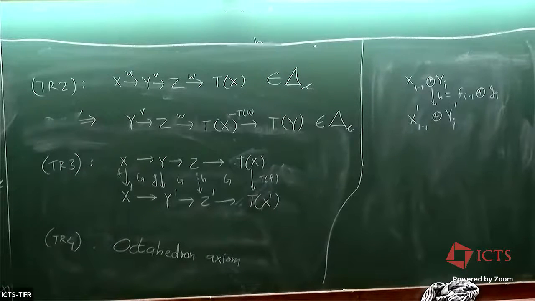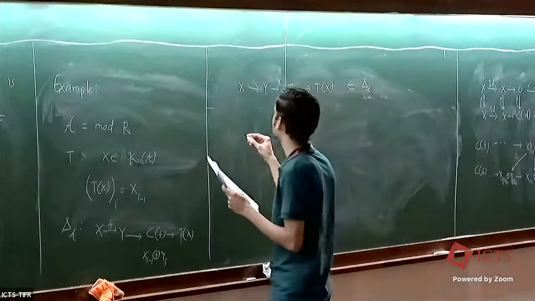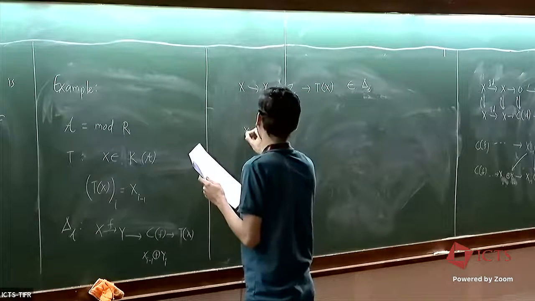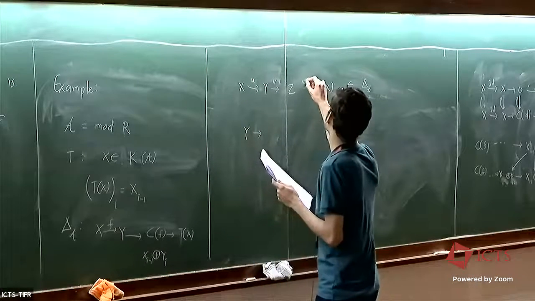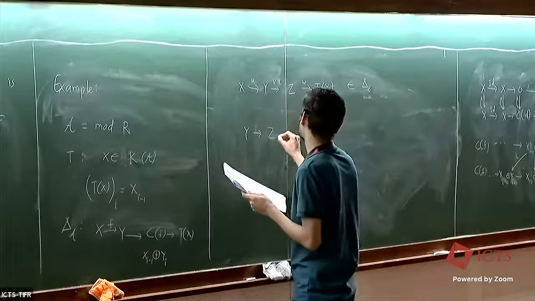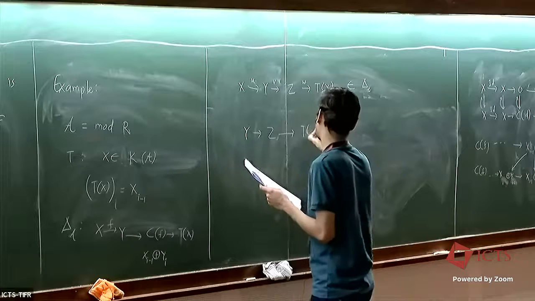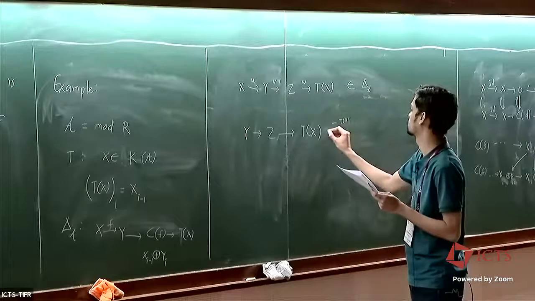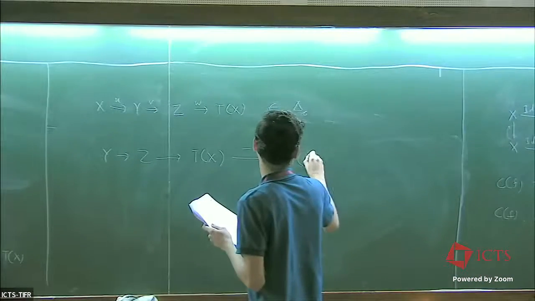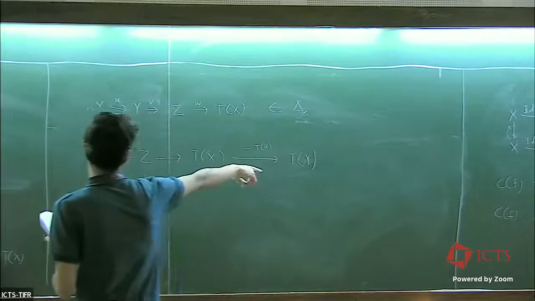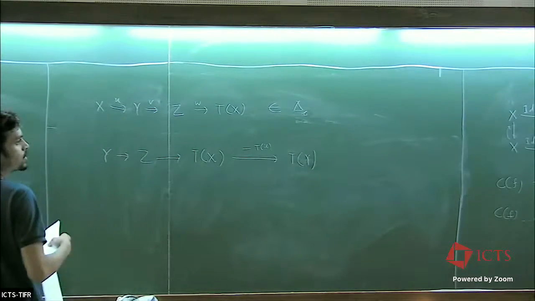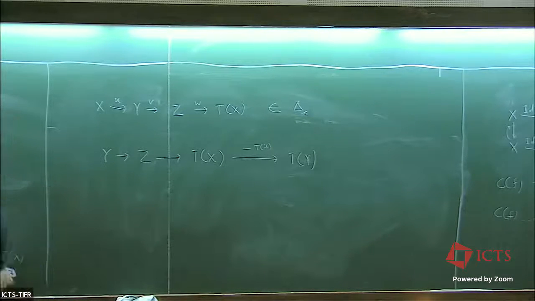So for TR2, what we want to show is that if I have X2, Y2, if this is distinguished, okay, then we want to show this is distinguished, and in order to show this, we want to show that it is isomorphic to a distinguished triangle. That means a triangle of the form